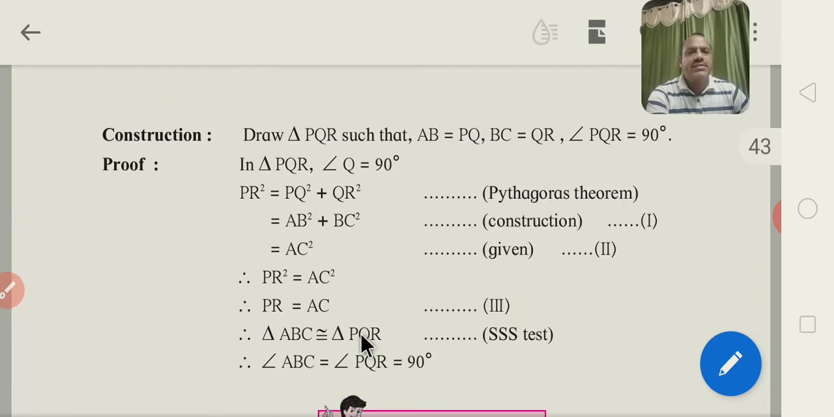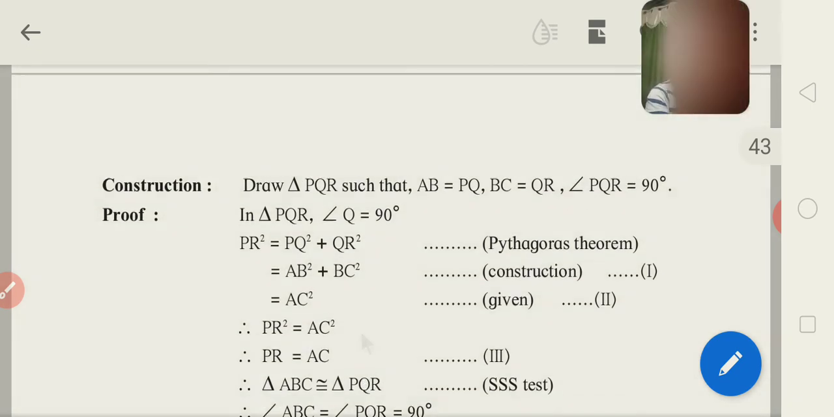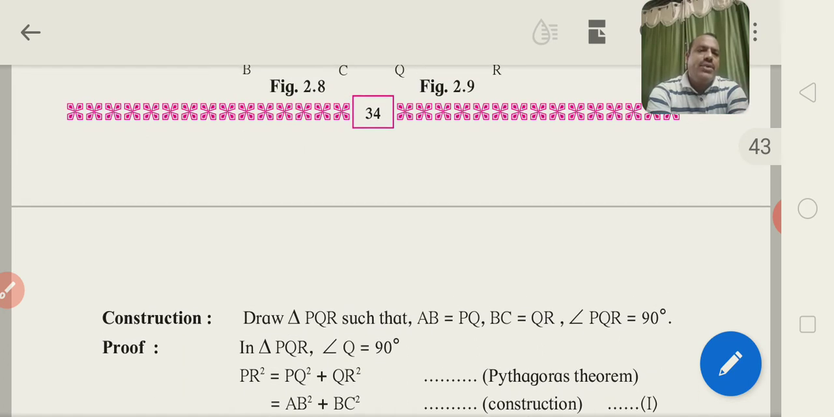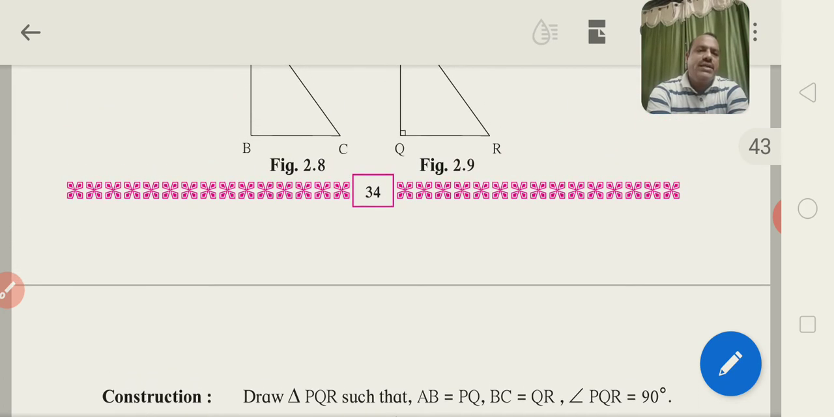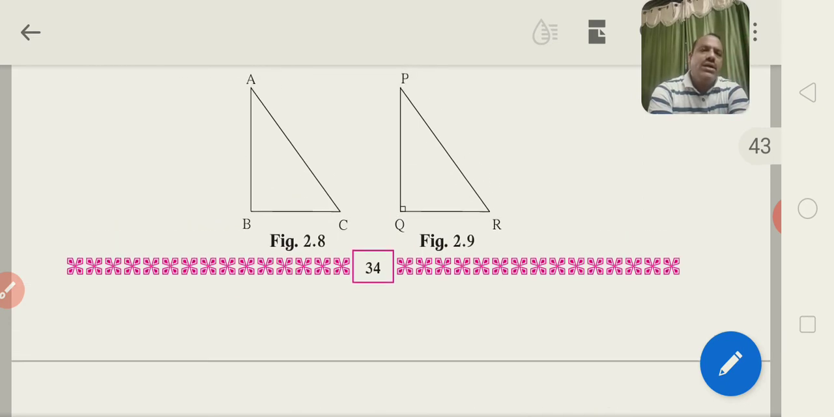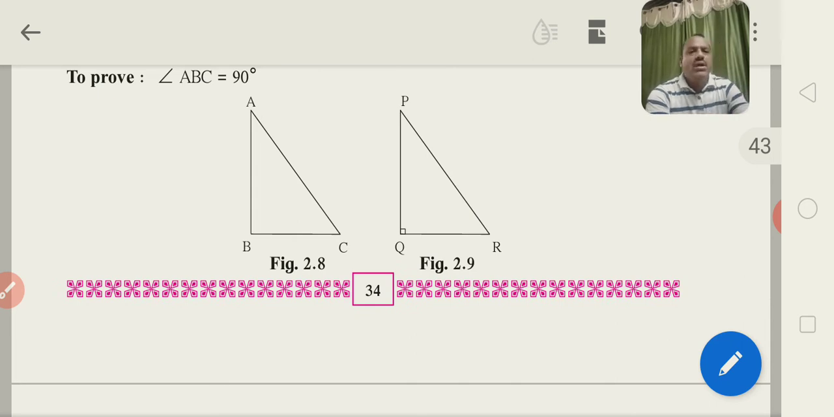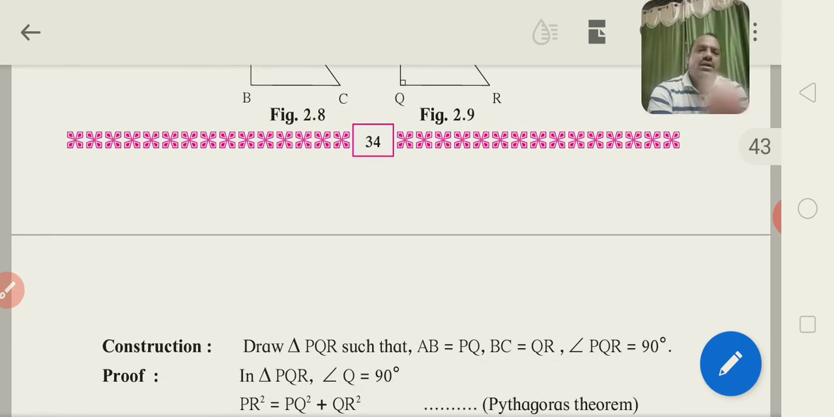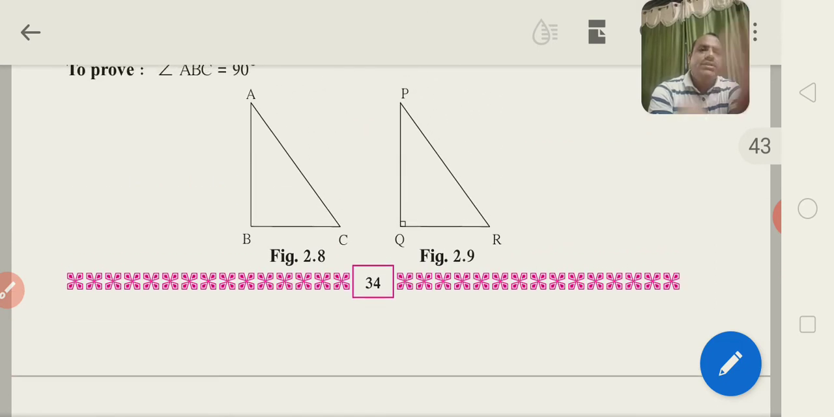Then on the next page, construction: draw the triangle PQR such that AB is equal to PQ, BC is equal to QR, and angle PQR is equal to 90 degrees. Listen here carefully. In the construction, draw this triangle PQR, and in this triangle PQR, AB is equal to PQ, means this AB